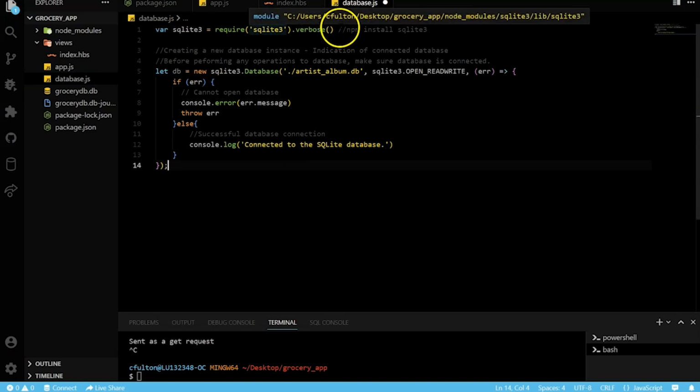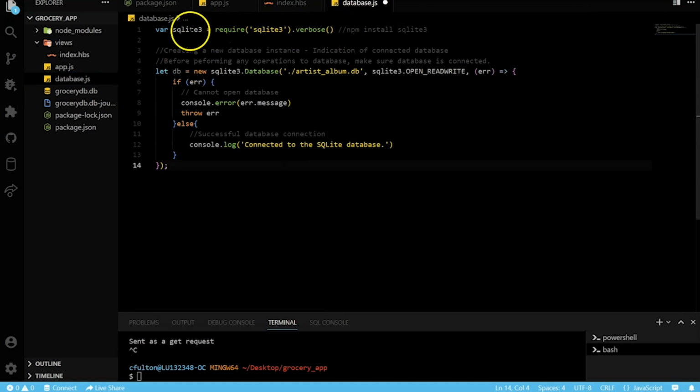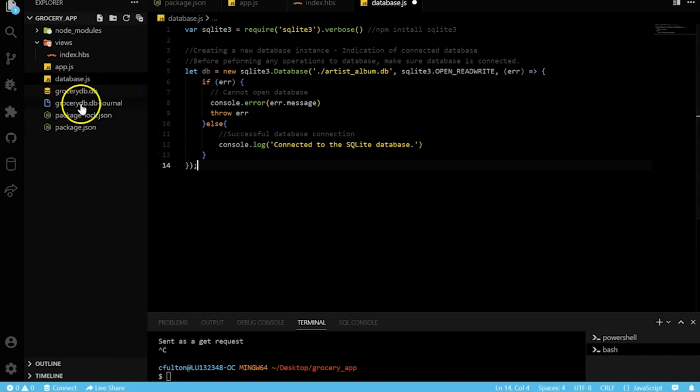So here, this allows us to create an instance and makes the driver available for us. We have the require statement that brings in and allows us to use some of the functionality for SQLite 3. Here, we're going to create a new database instance. In this case, we created a database, and one important piece I want to talk about is that you'll see that it created this grocery DB. I didn't create this file. But whenever you're using the interface,